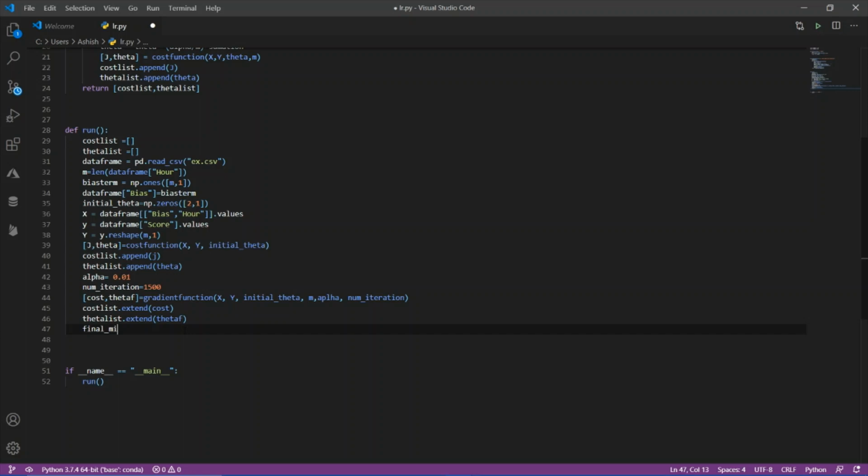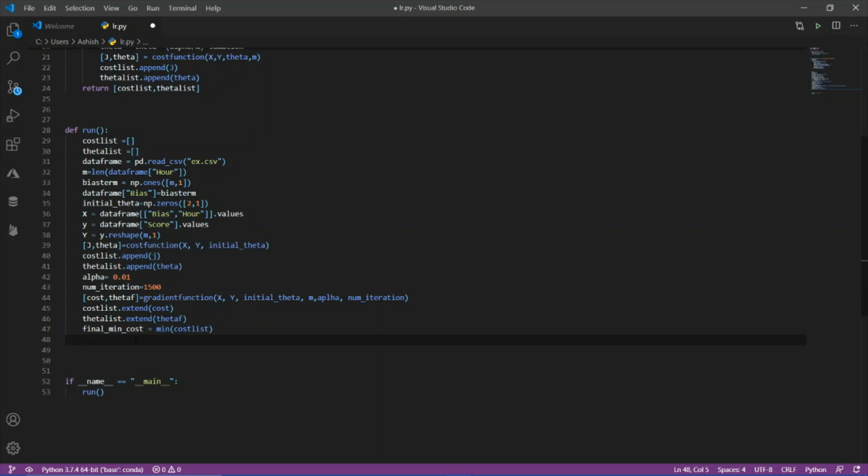So final min cost will be the minimum of cost list. So in the final min cost, it will store the minimum cost from the cost list.